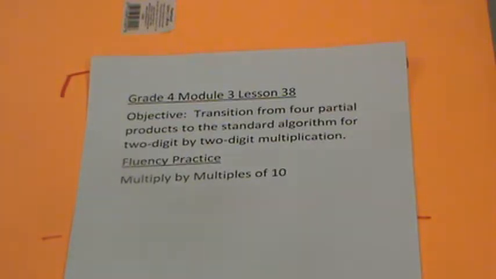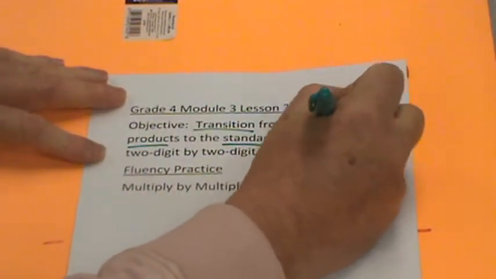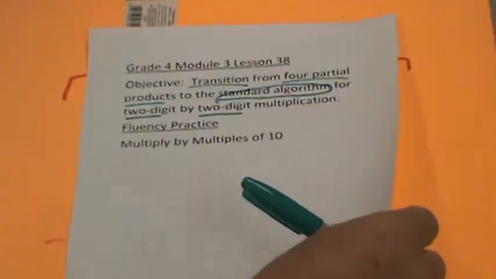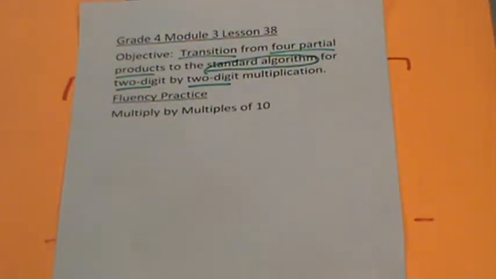Today, we will continue our transition. We're transitioning. We're moving ahead from four partial products to the standard algorithm for two-digit by two-digit multiplication. So that's what we're going to be doing today. Let's start by multiplying by multiples of 10. That's our fluency practice. So let's write 67